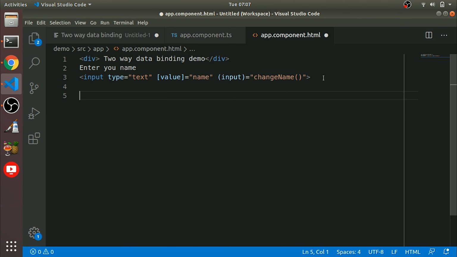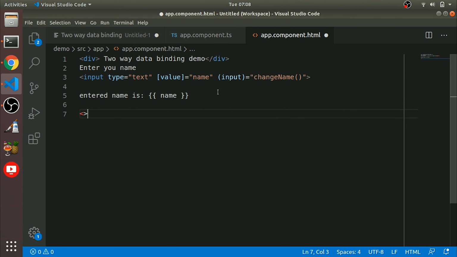Okay, so I'll show you how it will work. For better view, I'll put "Entered name is:" so you can see it in the output here.